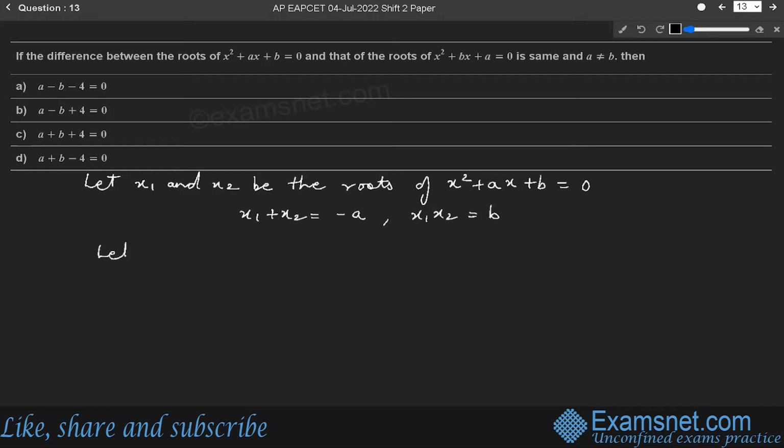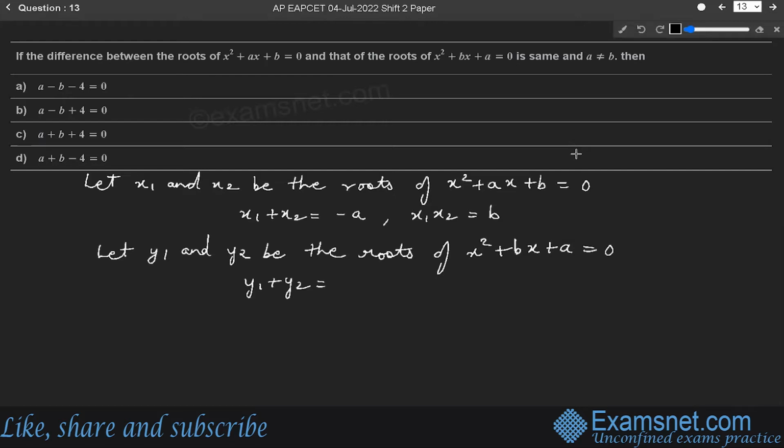Similarly, let y1 and y2 be the roots of another equation, which is x square plus bx plus a is equal to 0. Therefore, the sum of roots becomes y1 plus y2. Sum of roots is minus b upon a. So it will be